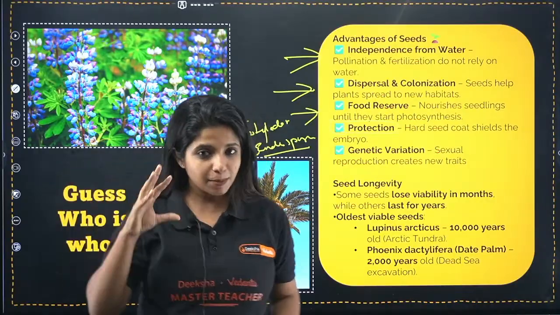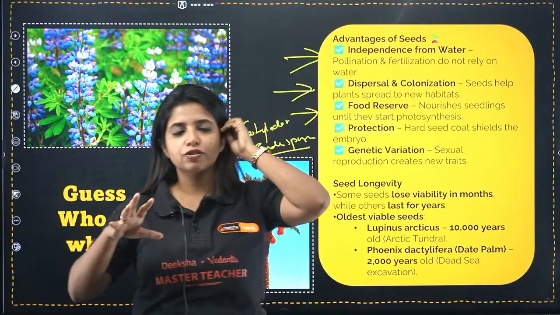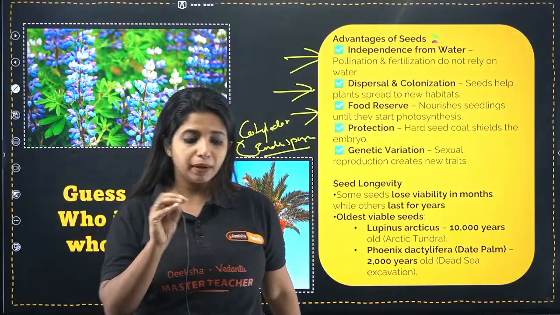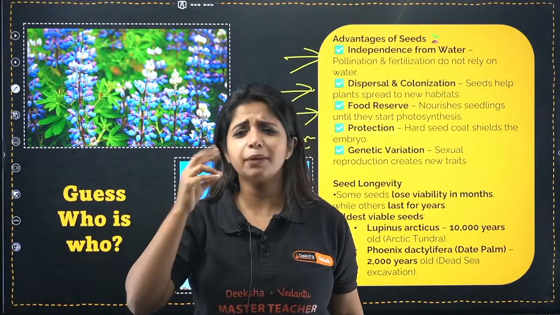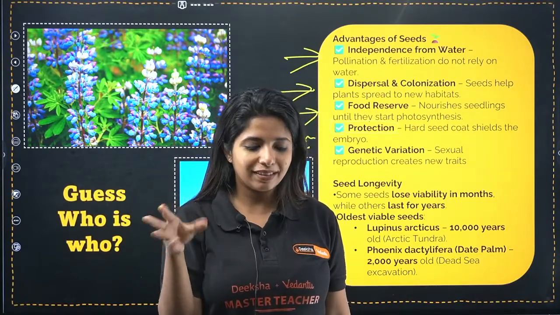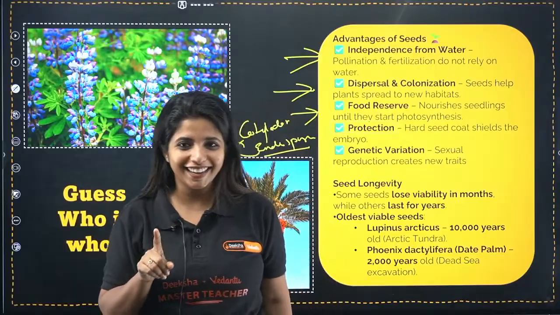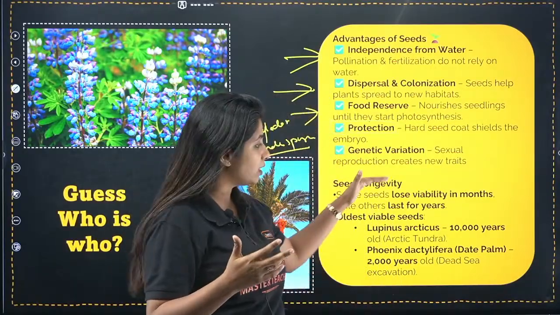Cool. This part of the story clear? Advantages of seed, is it clear? It's not like a question that comes with 5 marks and all, but sometimes a 5-marker question can be divided into 2 parts, 3 plus 2. It can be a 2-marker. So you should know about this. These are things that we feel we'll just ignore, so don't do that. Okay. Cool? Yes. So Amlu gave me thumbs up. So I believe that I can go with the next part of the story.